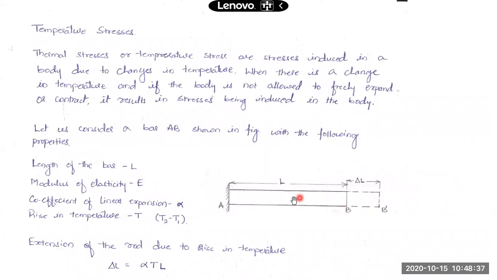With change in temperature, the length of the bar will vary. If temperature increases, the length of the bar will increase, or it will undergo extension. If temperature falls, the length of the bar will reduce, or it will get contracted. Under this case, when it is free to expand or contract,